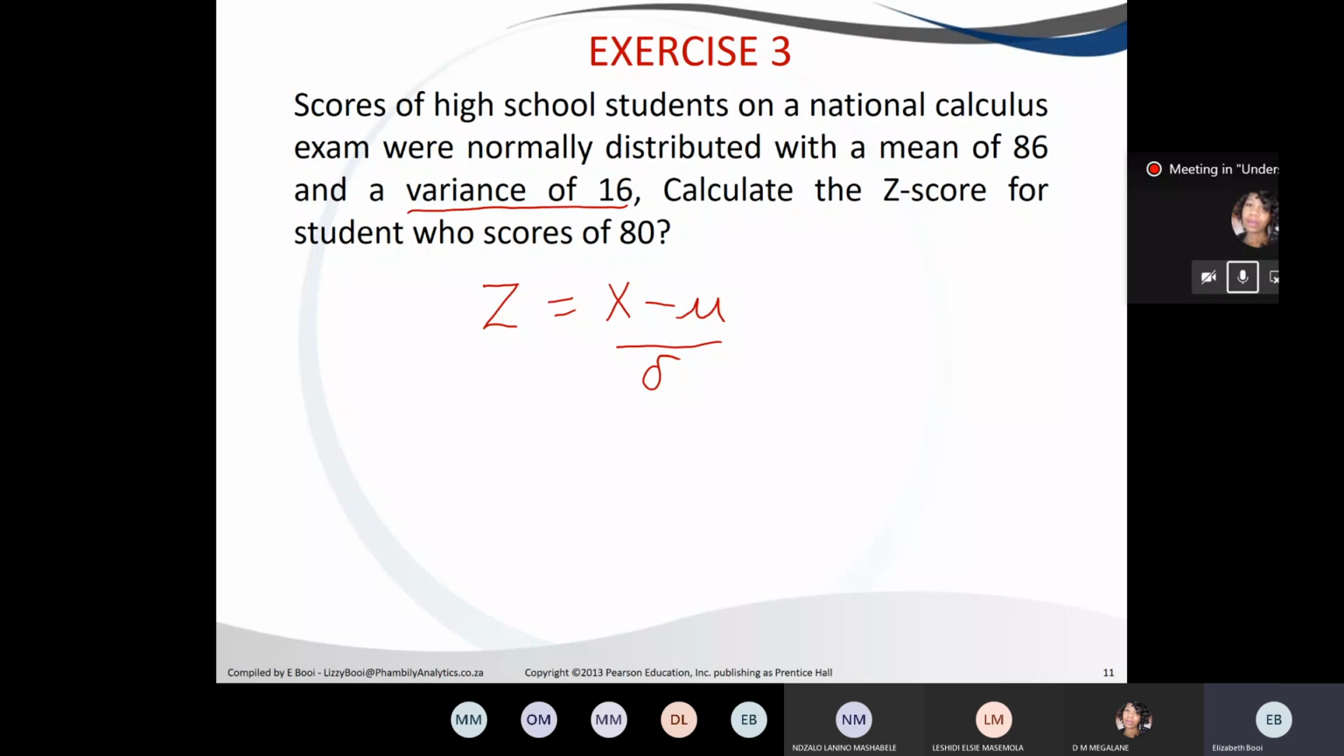Okay, so we know that the standard deviation is the square root of our variance, which is sigma squared, which is the square root of 16, which equals 4, that we have done previously. We know that is our mean, our mu, and this is our variance, and this is our x. So we can substitute into the formula, which is 80